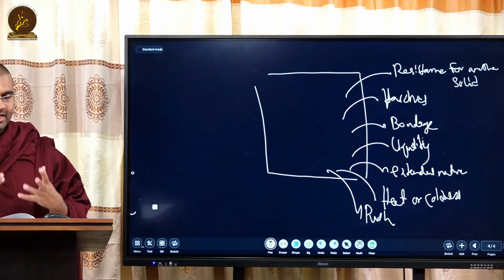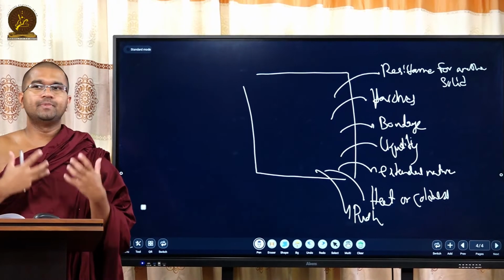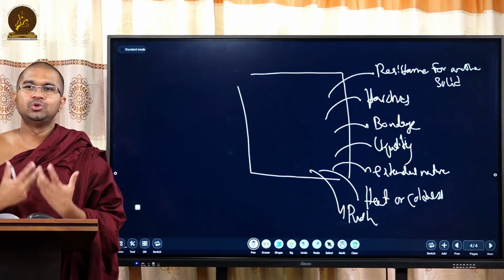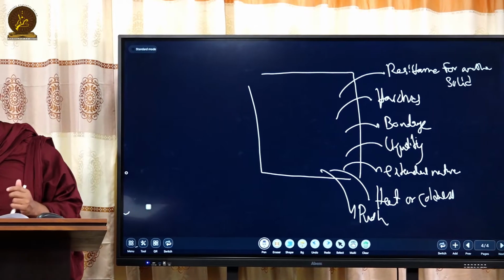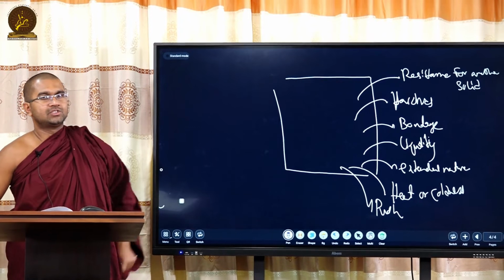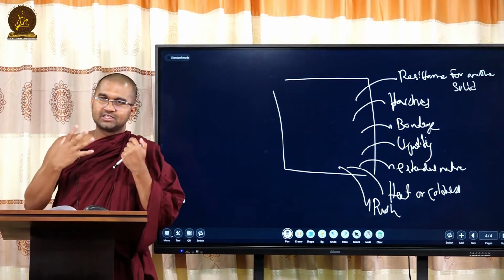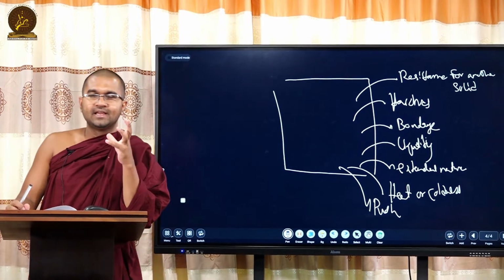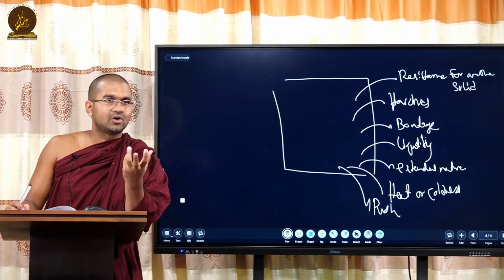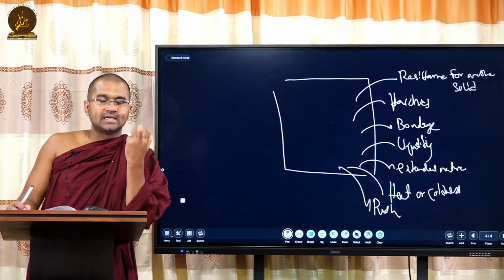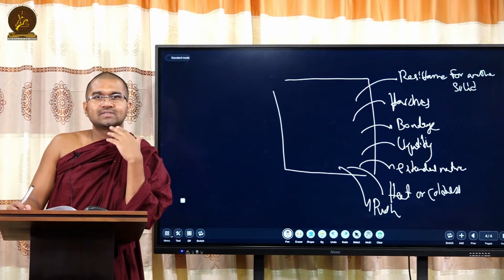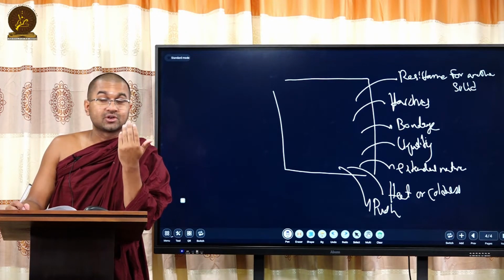So now looking into a physical body, we should be able to understand these qualities, and we should know these qualities do exist, not the physical body. There's not such a thing called the physical body other than these qualities. If there is no solid quality, there is no solid thing. If there is no solid quality, there is not something called liquid. If there is no solidity, there is no something called a gas. So other than these qualities, we cannot find the physical bodies. So instead of knowing them as physical bodies, we should know them as different qualities.